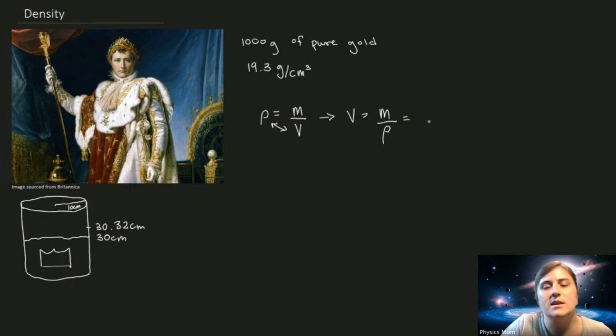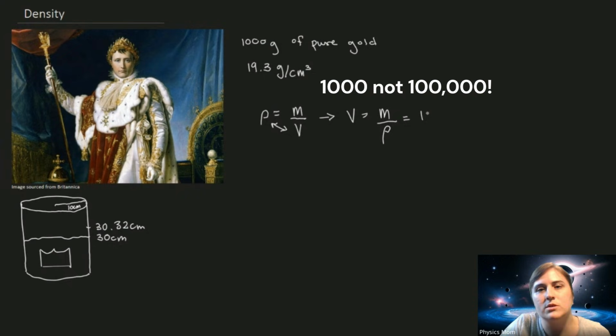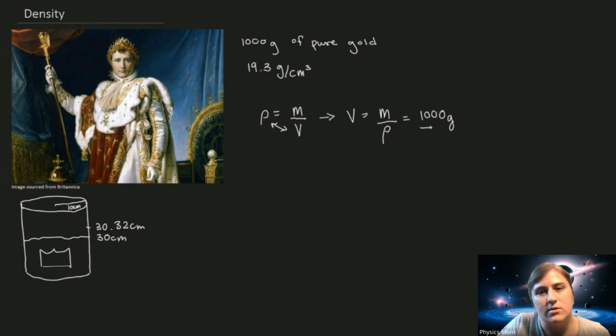which in this case, the king gives him 100,000 grams, and let's say that he gets exactly 100,000 grams back, right? So the mass in theory would stay the same. We get 100,000 grams divided by the density. That's 19.3 grams per centimeter cubed. The grams will cancel. I have centimeters cubed in a double denominator, which we know becomes a numerator. This then becomes 51.8